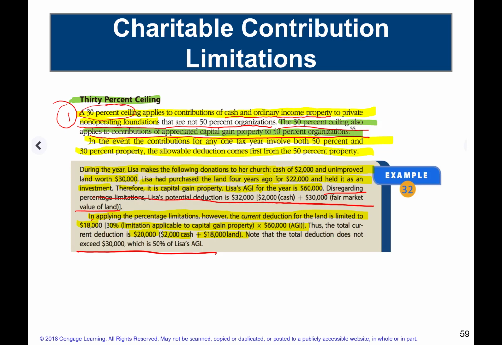Yeah, let's say she gave 32,000 cash. She's done. She's not going to take anything for the capital gain because they apply it all against the 50% category first. Now, that doesn't mean that she can't carry it forward. She can, but in this year, she wouldn't be able to take any of that because she gave cash that's in excess of 50% of her AGI, which I don't know why somebody would do that, but if that's what they wanted, they got, congratulations.